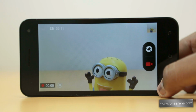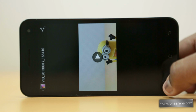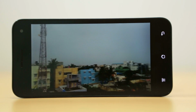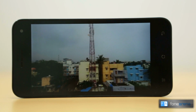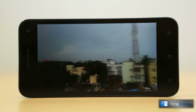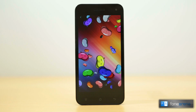Since the phone has a secondary microphone, the audio is crisp. The electronic image stabilization is a software option that helps to minimize blurring and device shake. The phone can record videos at full HD resolution, but the video is too sharp and the quality is just average. Coming to the software part, the phone runs on Android 4.2.1 Jelly Bean, so you get a lot of features